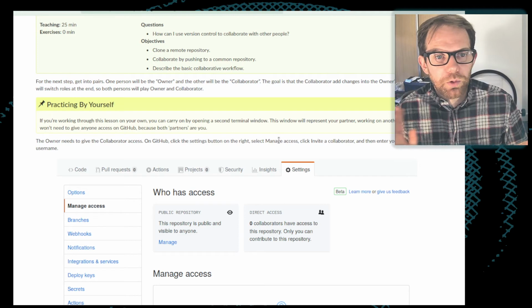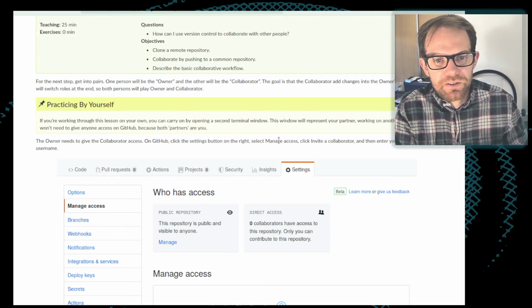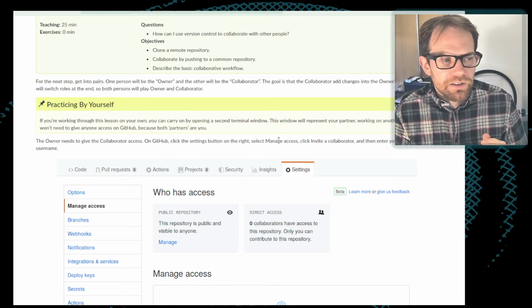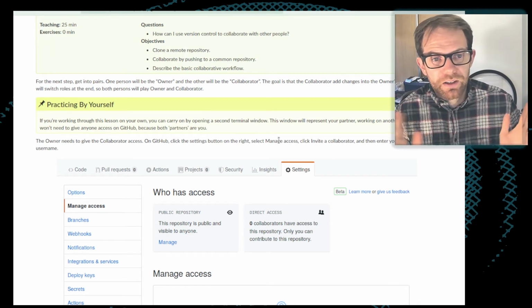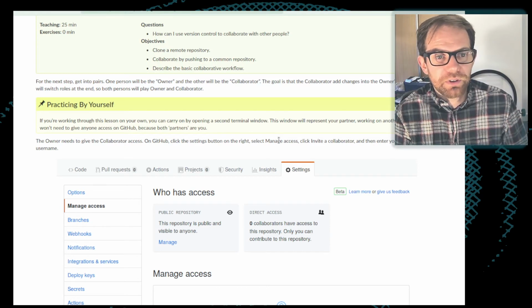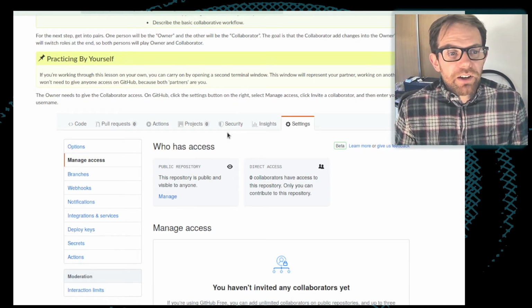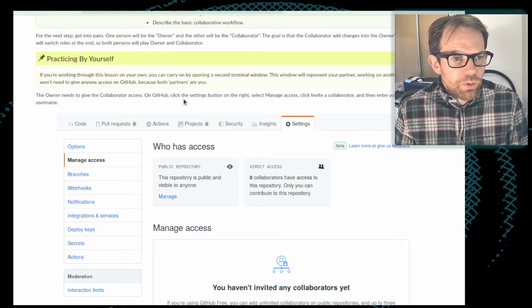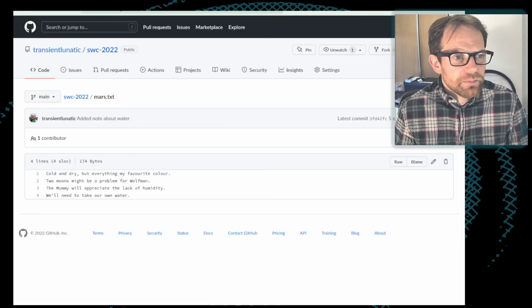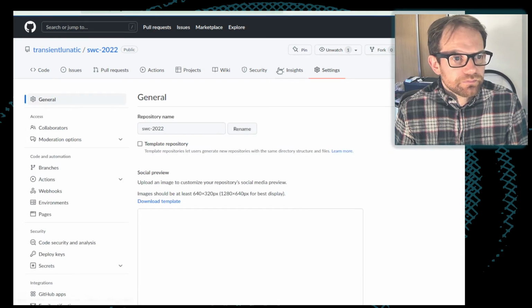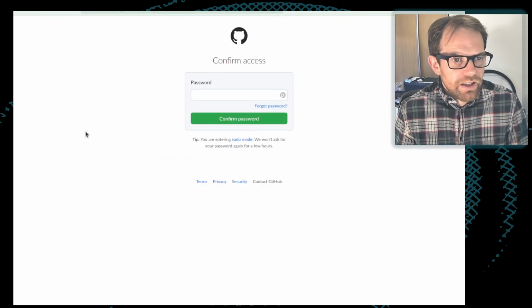But this merge request or pull request model, depending whether you're using GitHub, which calls them pull requests, or GitLab, which calls them merge requests, is in fact more common, particularly in big software projects. So if you are working on a big collaborative software project, that is how you will do things. On GitHub, to give somebody direct access to your repository, you need to go into the settings on the repository. Up here at settings, access and collaborators.